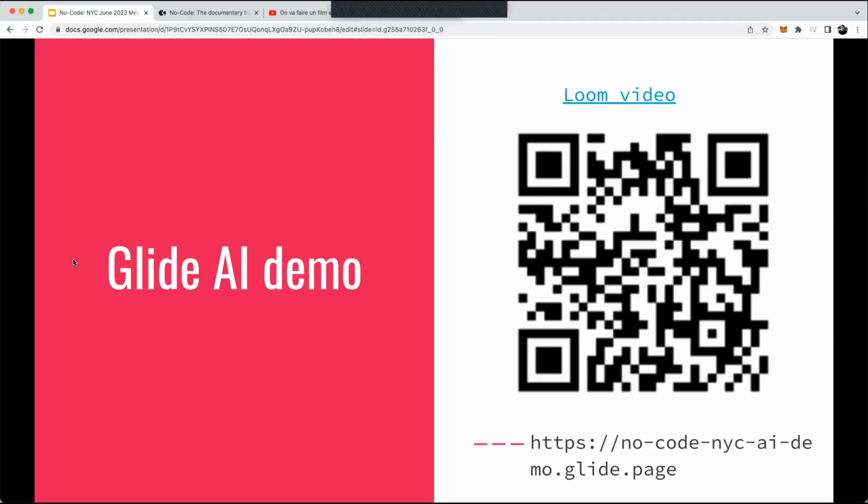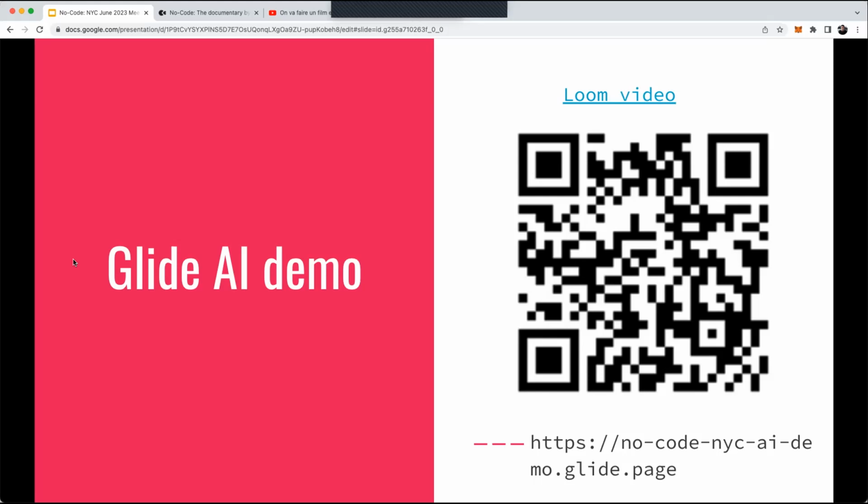What is next? Oh yeah, we're going to get into the main portion of today. If you want, you can scan this QR code or go to this URL. The product manager, David, created a test environment for this new AI feature in Glide. I'll also play the video, and as I play it, you can use the app and play along. Or not really playing, but just use the app.